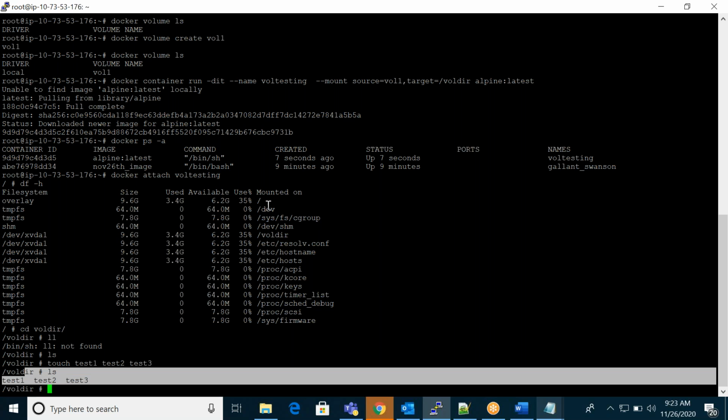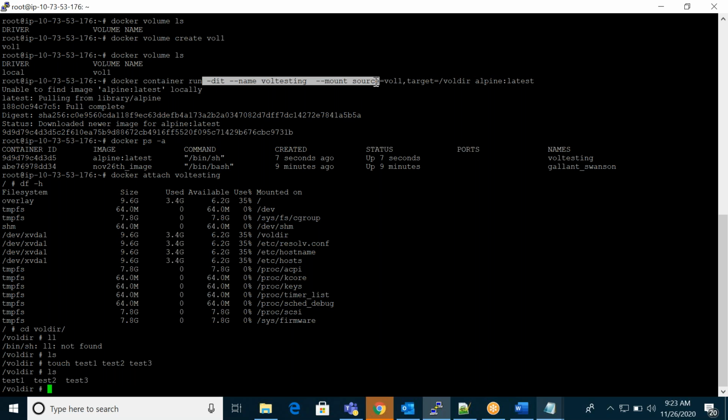Now what will I do? I can detach my volume from here and attach the same volume to a different container. If I attach it to a different container, there also you can see the same data. I'll show you that one. So far, any questions here? How to mount at one point in one container and this stuff? Any questions? Any confusions? Let me know, at least any confusions. I'll try to explain once again.